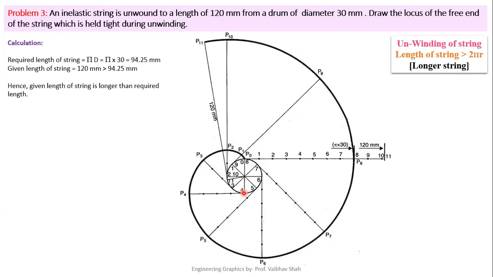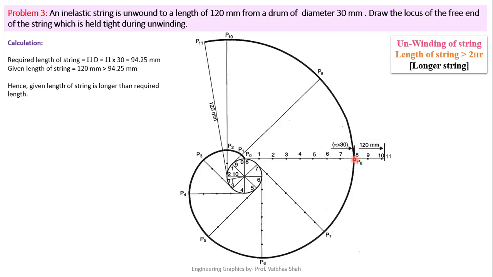You can also draw from the bottommost portion like our previous example. For this example, we have drawn this on the topmost portion of the circle. So you have to draw one tangent line of 120 mm. And on the same line, you have to indicate another dimension of 94.25. So on the same line, you have to indicate this point 94.25, which is nothing but your point P8,